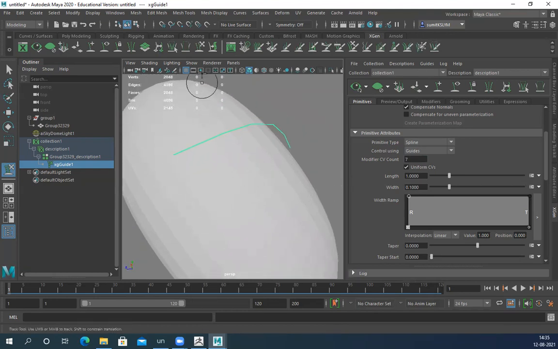Okay, let's see. I've created this one. And one more guide here, and one more here.